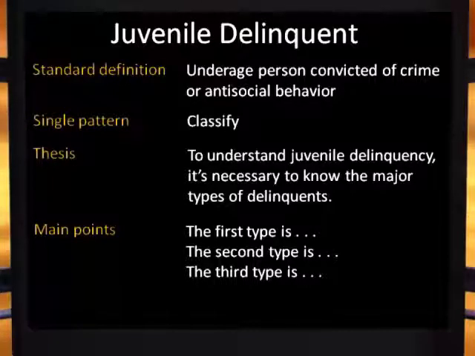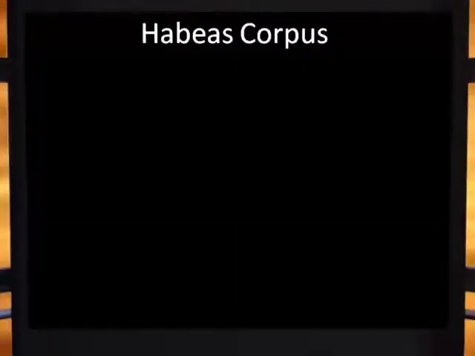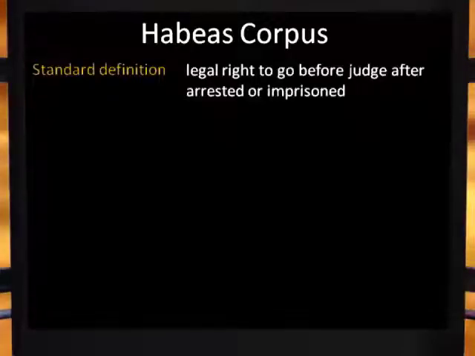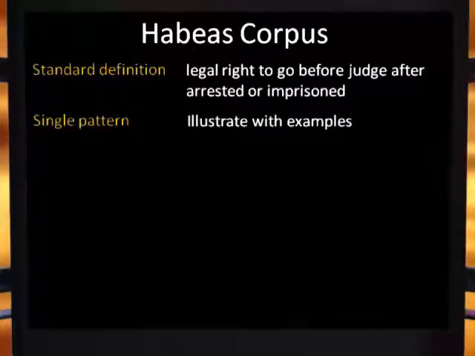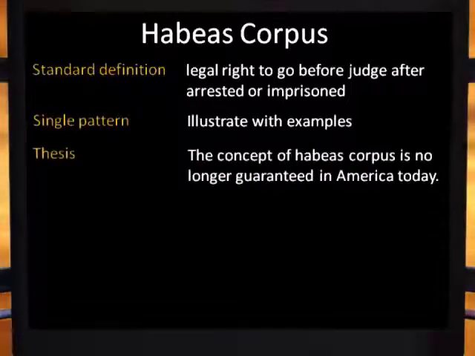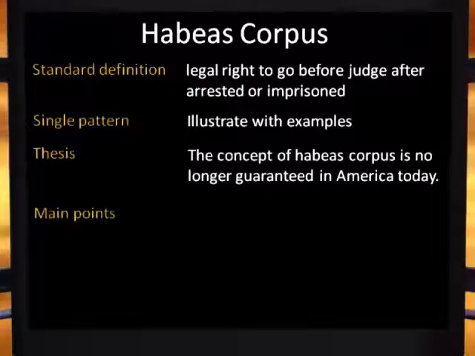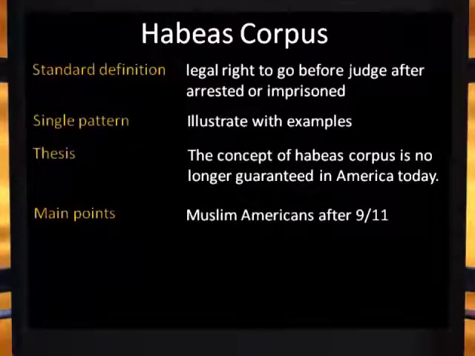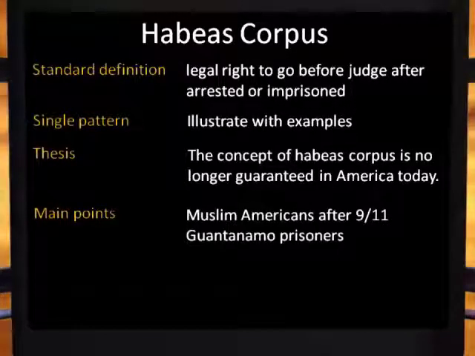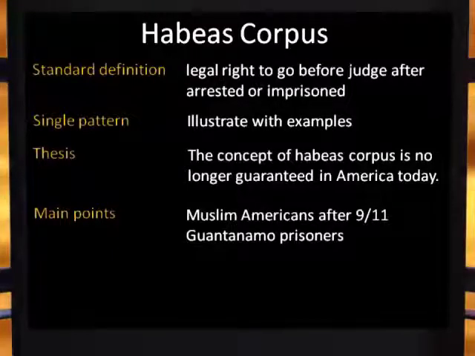Here's another example of a single pattern at work. Term: habeas corpus. Standard definition: legal right to go before a judge after being arrested or imprisoned. Pattern: let's illustrate it with examples. Thesis: the concept of habeas corpus has been diluted in America today. Now, our support will consist of illustrative examples that we have encountered in our lives today. Example number one, those Muslim Americans who were arrested and disappeared after 9/11. Example number two, Guantanamo Bay prisoners who have been there for nearly 11 years without ever being charged with a